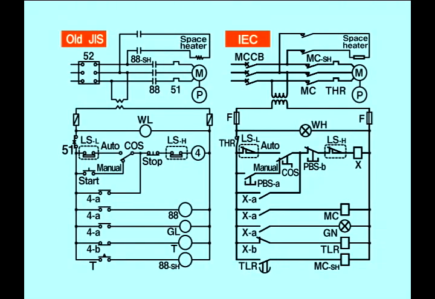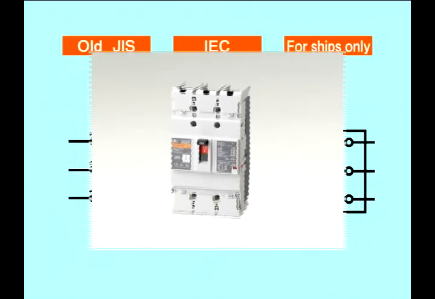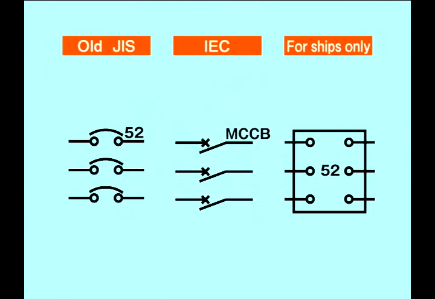Now let's look at the various devices that can be found in this sequence circuit. The molded case circuit breaker, or MCCB, is often referred to as the non-fuse breaker, NFB, or simply the breaker. The MCCB intercepts the circuit when current exceeding the rated